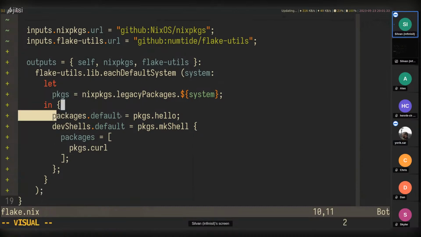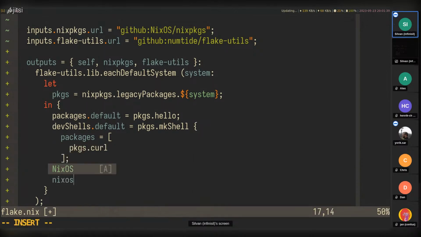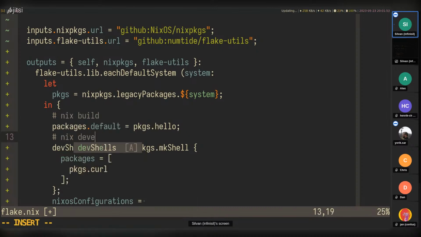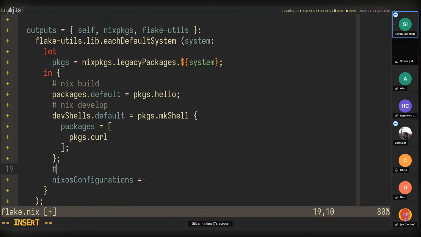There are some attributes that don't require system. So the standardization goes a bit further. So you have nixosConfigurations, I believe. This is where you can declare your NixOS systems. And notably, each of these attributes have some integration with some tooling. So this is for nix build, this is for nix develop, and nixosConfigurations is for nixos-rebuild.